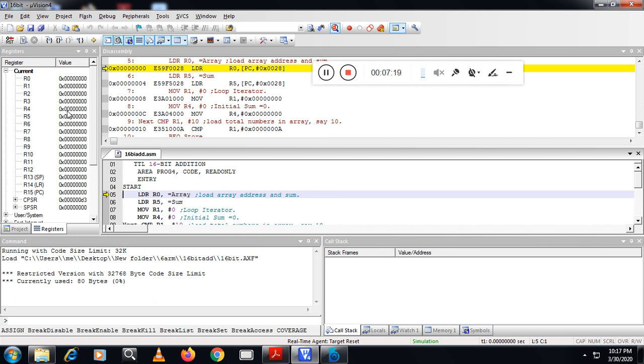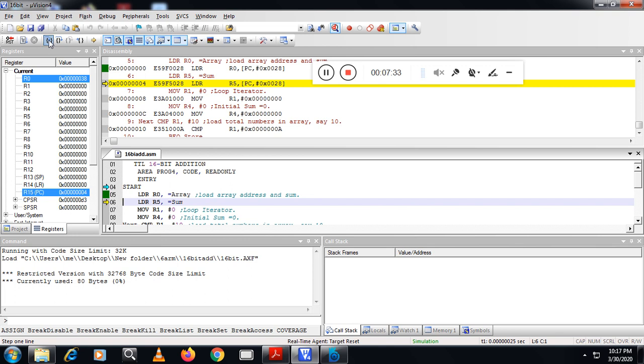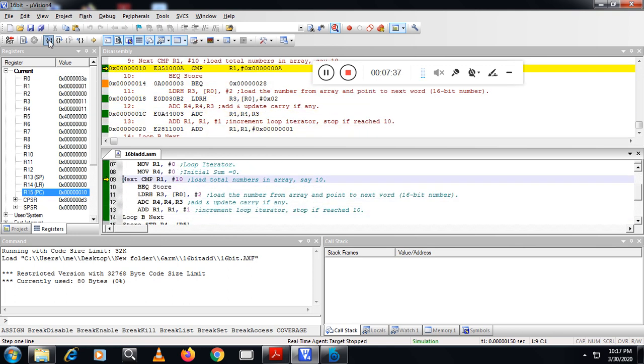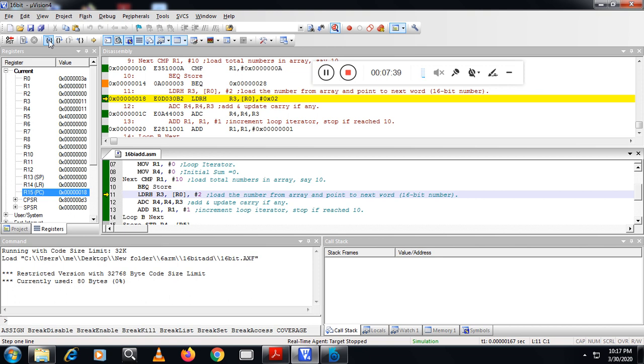So you can execute the program step by step. To execute the program step by step, what you have to do? You have to click on the F11 key or this button. So you can see the program is being executed now step by step. But it takes so many iterations.